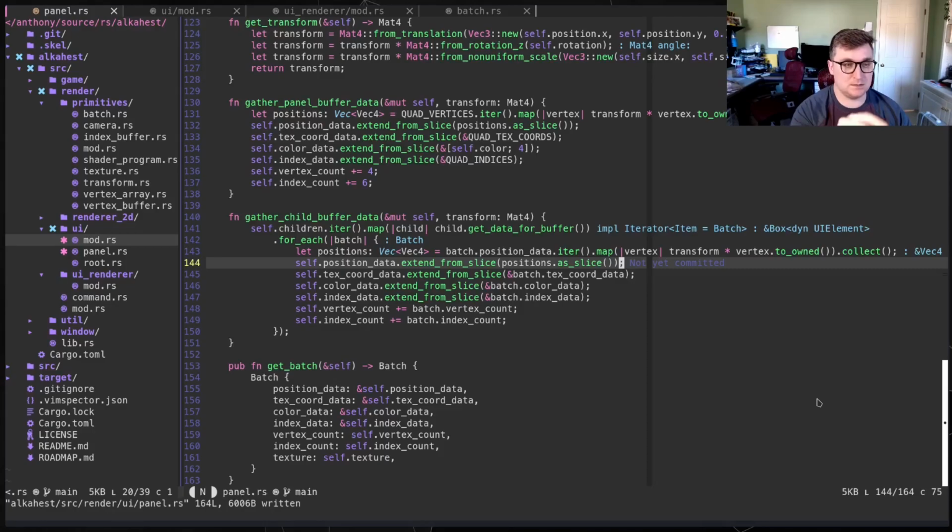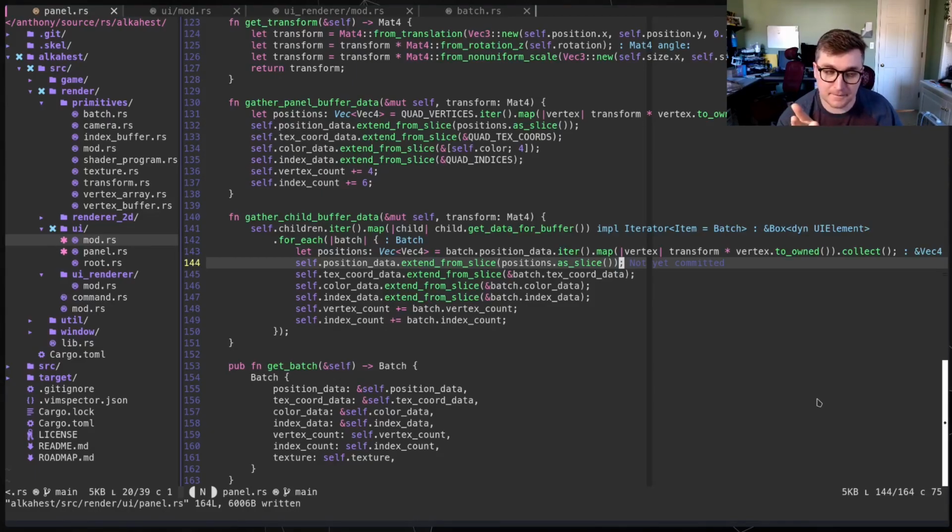So in this situation, we get the child buffer data. The child buffer data is within the local space of the panel, and then by multiplying it by the panel's transform, that moves it into world space, and then in the shader it's multiplied by the camera's transform, which gets it into screen space,